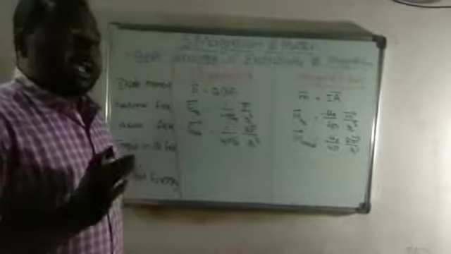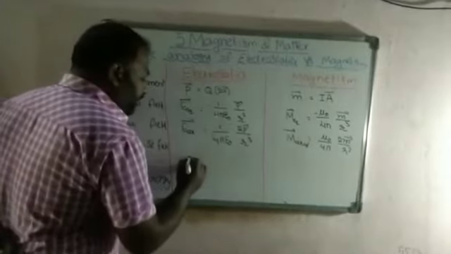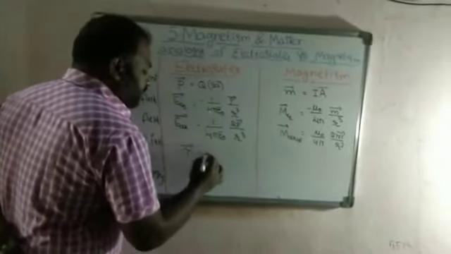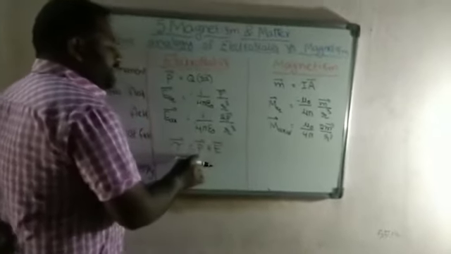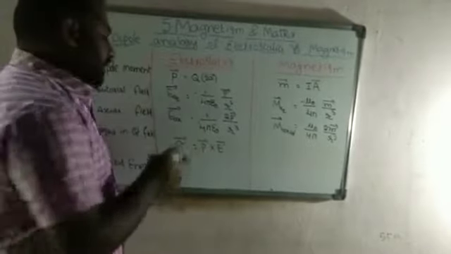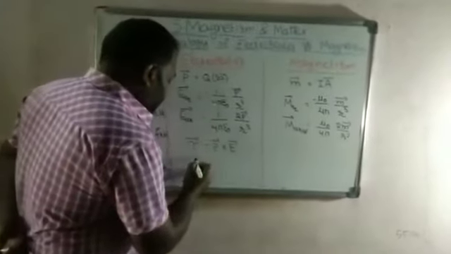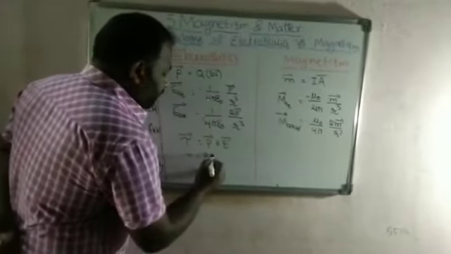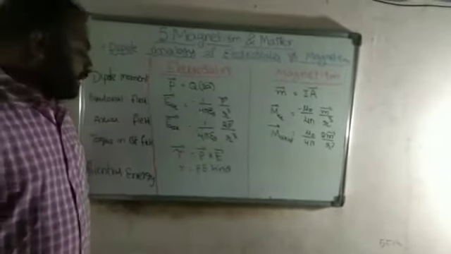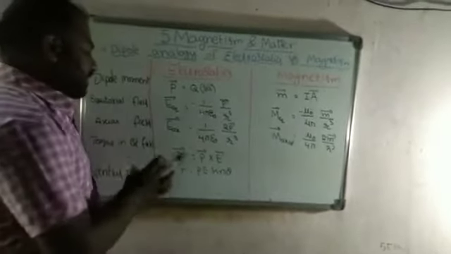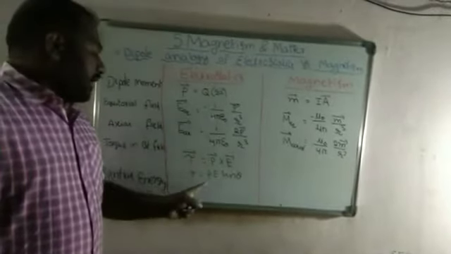Whenever an electric dipole is placed in an electric field, the torque acting on it, tau bar, is equal to P bar cross E bar. Here P is the electric dipole moment and E is the electric field in which we place the dipole. Now it is written as tau is equal to PE sin theta. So this is the torque acting on a dipole whenever it is placed in an electric field. Here theta is the angle between the dipole and the electric field.